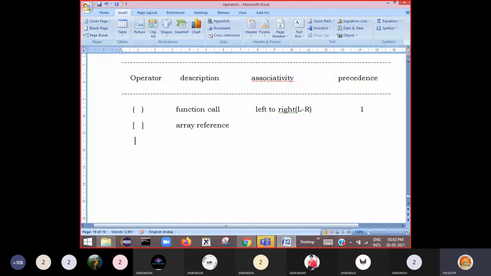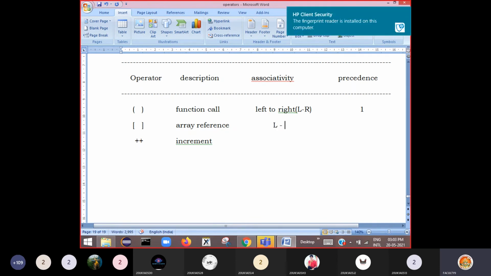Next, the plus plus operator. What is this operator? Increment operator. Its associativity is the same, left to right only.